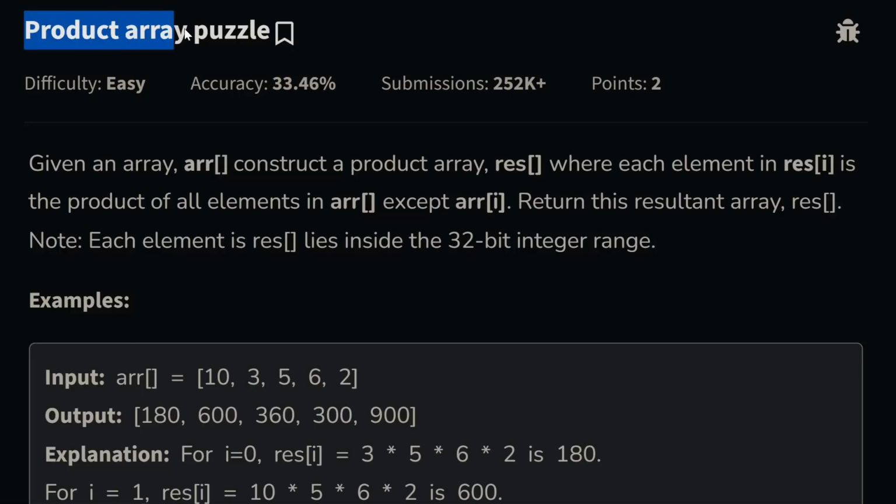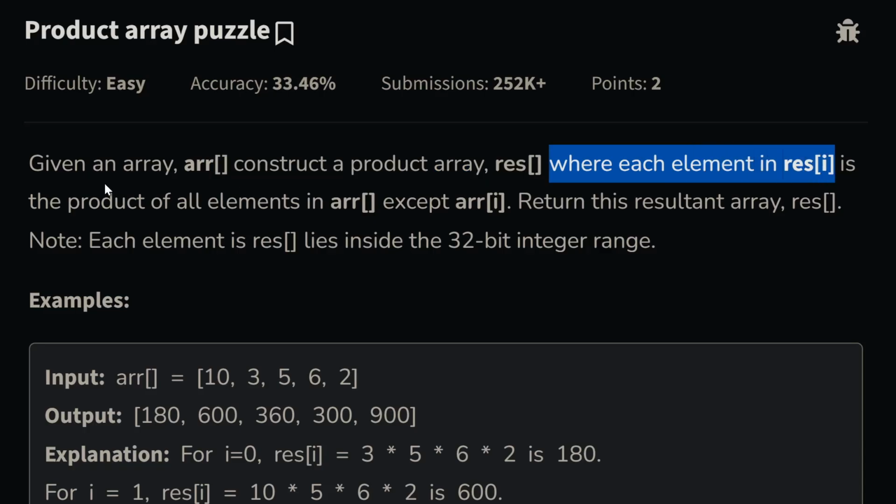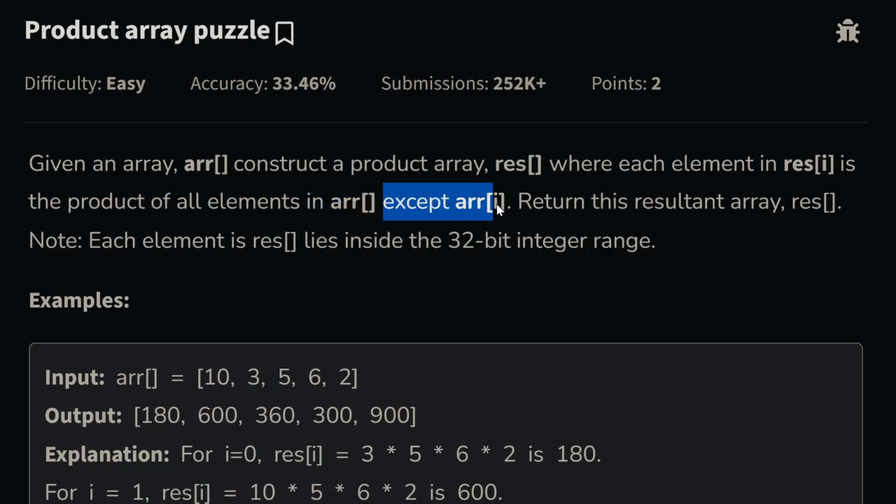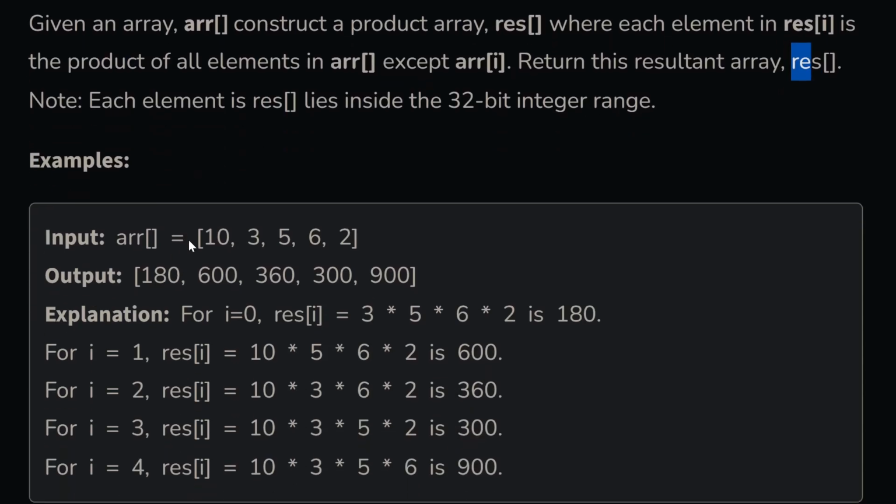Here we go. We have a question, product array puzzle. You have been given an array. We need to construct a product array, a result, where each element in the result is the product of all the elements in the array except itself. And we need to return the array result. And that's all. We have this question, this test case, and in this,